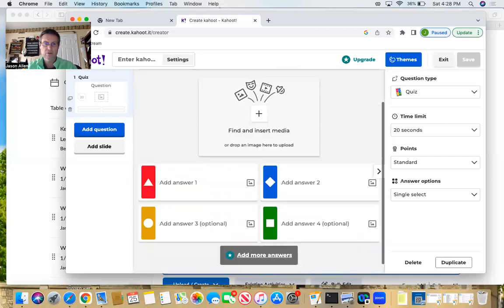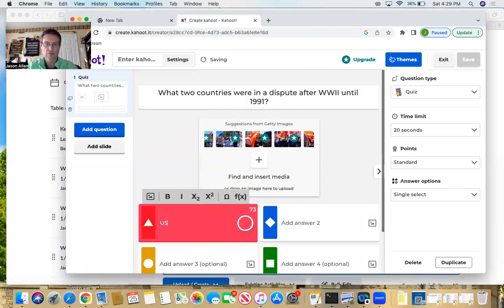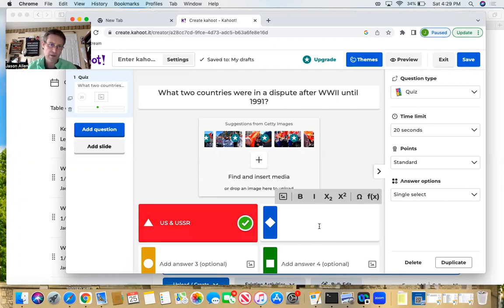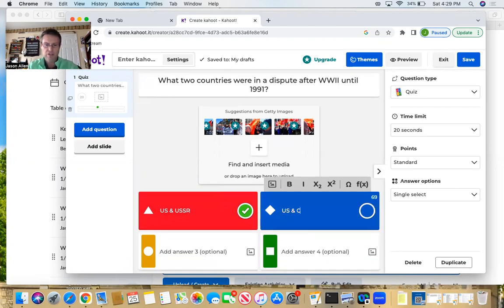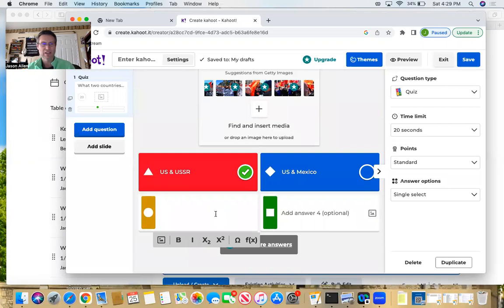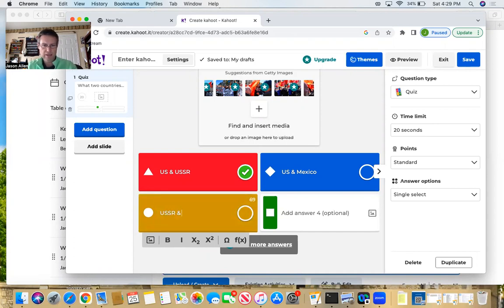And you can go down here and do US and USSR. Hopefully everyone knows that's the correct entry, and you just click there. And of course, you have to put at least 2 here. For this assignment, I don't care if you put 2 or 4, but you can do US and China. Well, let's do this actually, because we'll do US and Mexico. I don't know if there's any social studies people in here. I guess you could get into disputes. The big one was US and USSR, but of course, let's do USSR and